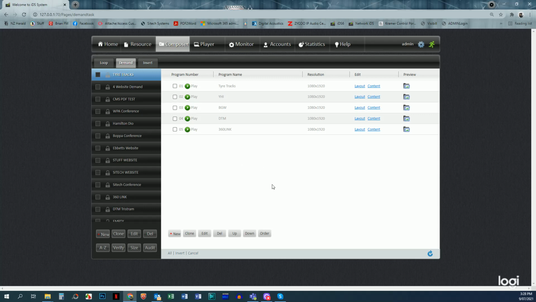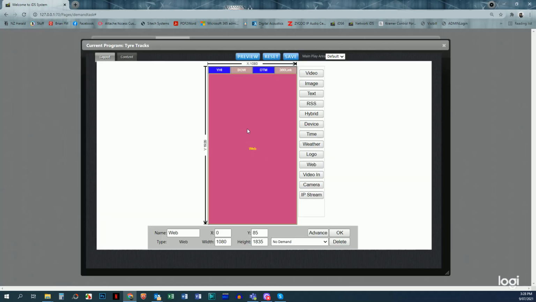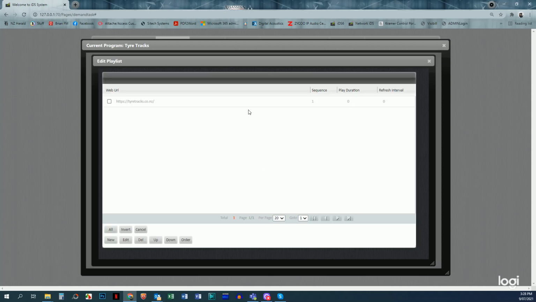So I'm just going to show you one of the demos that I did for another customer. This is a demand campaign that essentially is 5 websites or 5 programs, and each program has a website associated with it, and then at the top of each of these programs there is a link to the other websites or to the other programs. So if I show you the first one, Tire Tracks, and we show you the layout, you can see the layout of the web is the main part of the page, and that is under content, linked to the Tire Tracks website,